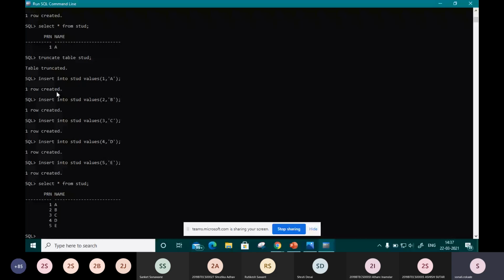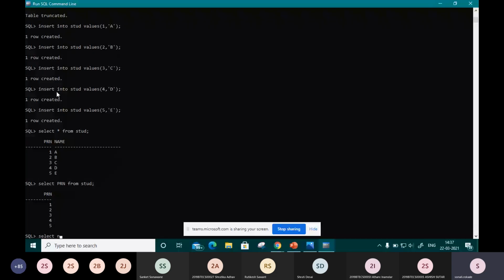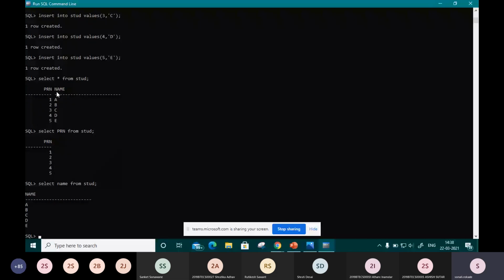Suppose I want to fetch only one attribute. So I will write only the name of that particular attribute, PRN, from truth table. Now I want to retrieve only the names of that table, so I will pass select name from truth table. Now there is the where clause, in which you can pass a condition. It is not present right now, but if you want to handle a number of queries, you can use the where clause. The where clause is used for passing any condition to your statement.